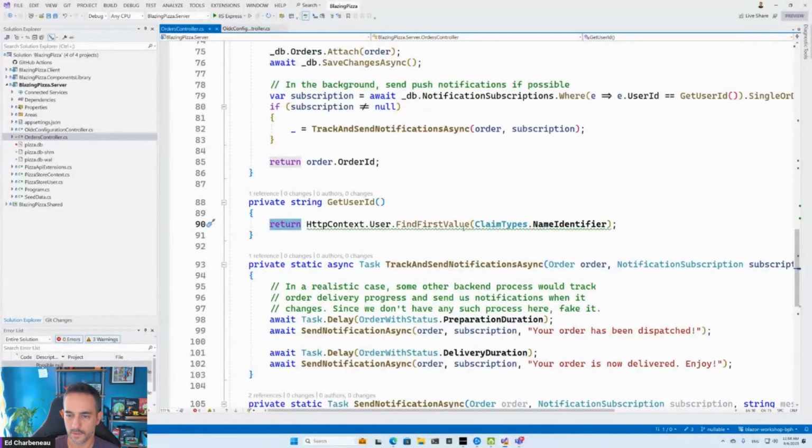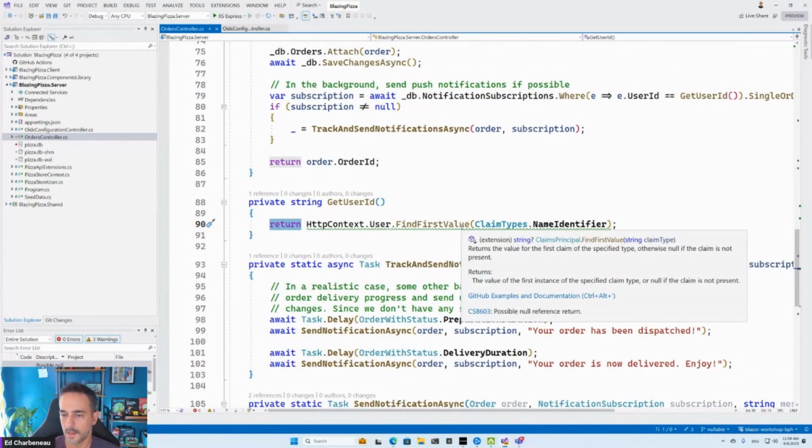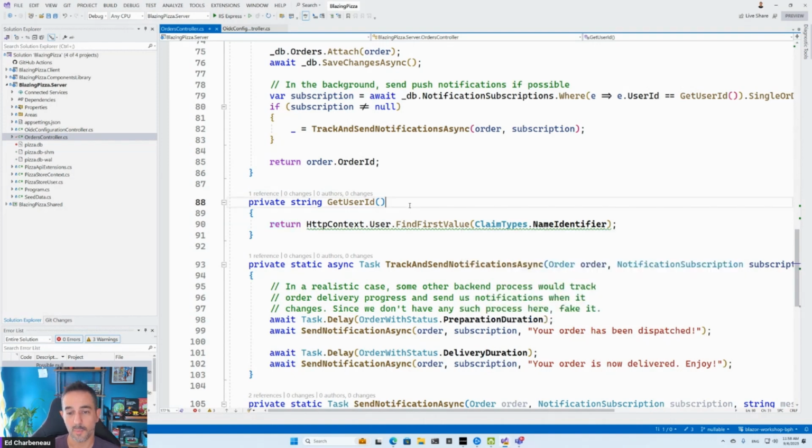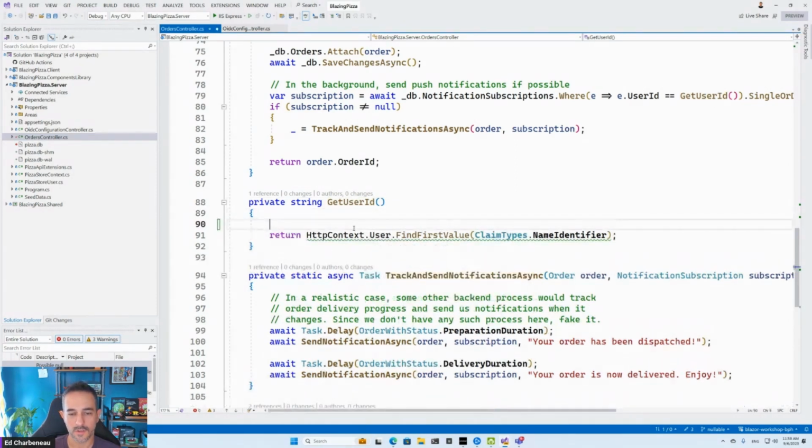And it says that it returns the value for the first claim of the specified type, otherwise null if the claim is not present. If the claim is not present, we don't want to return 0 here and let the process continue. This is an issue. Like the user was logged in, somehow their credentials, their claim, is no longer valid. So we really need to say